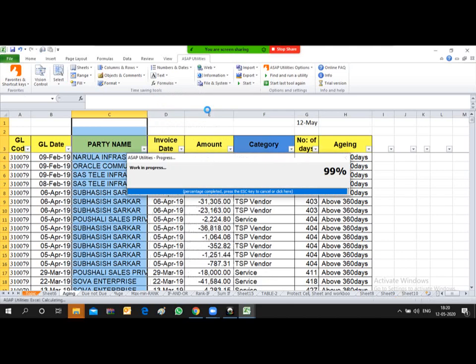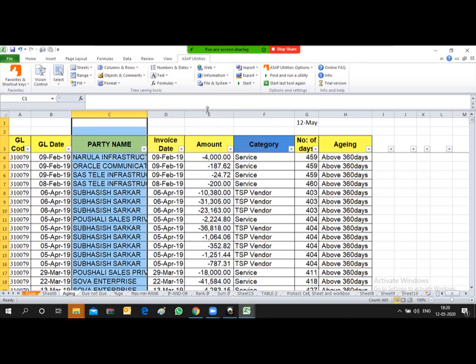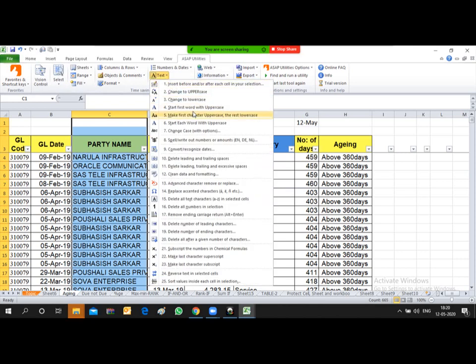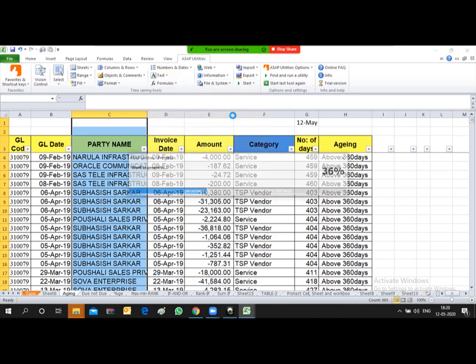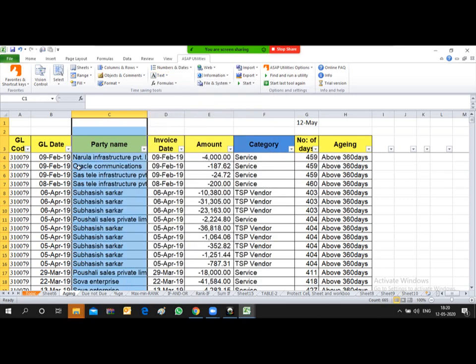So let's have a look at this. Make first character uppercase and rest lowercase. So let's see this. The first character is in uppercase and the rest are in lowercase.